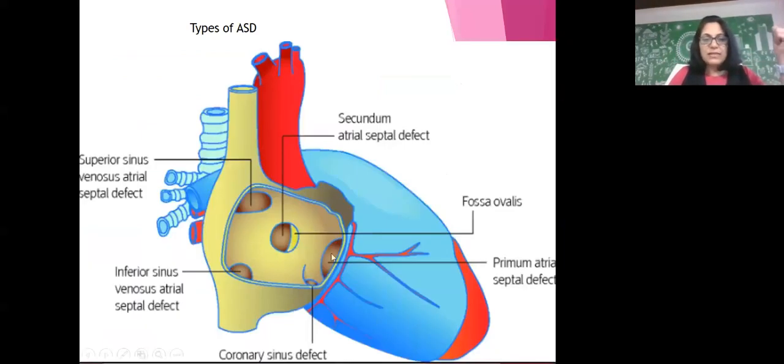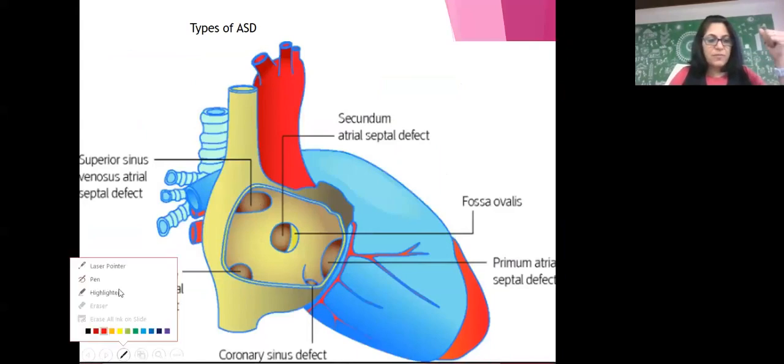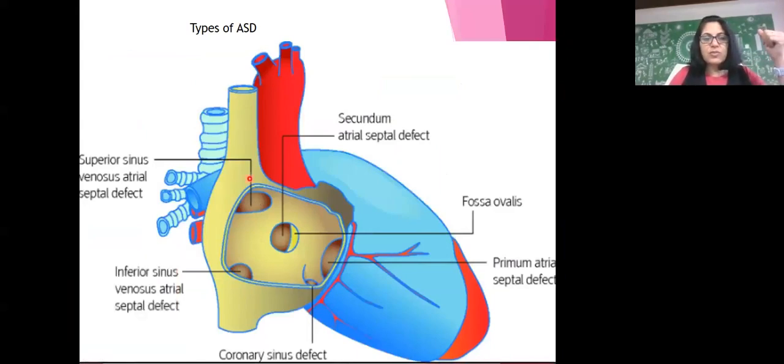So when you hear this, let me just get my laser pointer on. Here's the laser. You see this is the superior vena cava. When you have an atrial septal defect there, it is a sinus venosus ASD. These ones can get missed because the cardiologist has to look high up, towards the SVC, to pick this up. So if you have a patient where the echo report says RV dilated, no ASD, you should send them back to look for this type, the sinus venosus, or what's called the inferior sinus venosus,